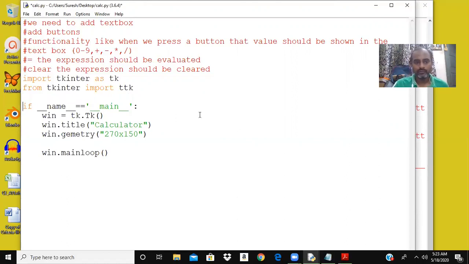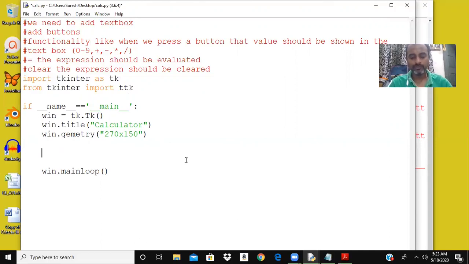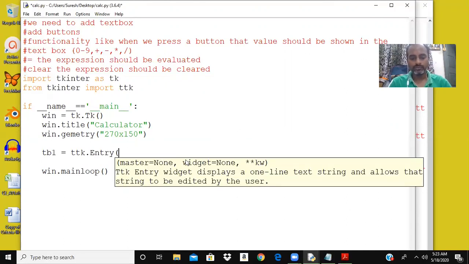We know that if you run this, it will create a window for us, an empty window. Okay. Now I want to add the text box. For the text box to be added, we need to use the widget Entry. Entry widget should be used for text box. I'm calling the text box tb1 is equal to ttk dot Entry. So you should remember the arguments we need to pass. Window, then I am passing width.